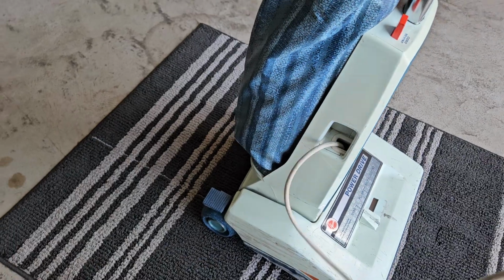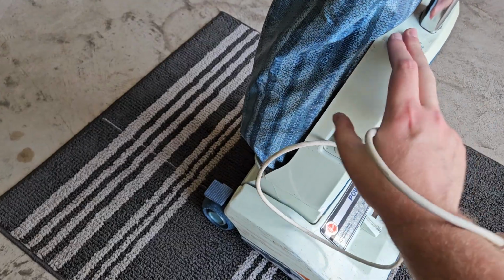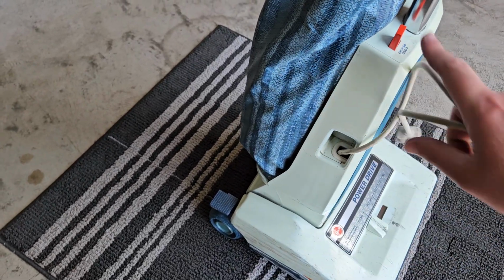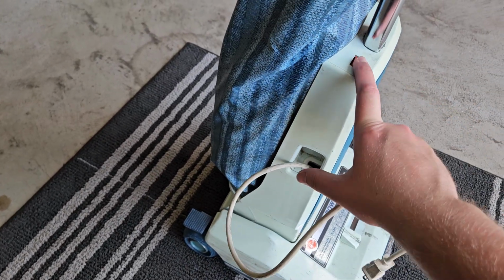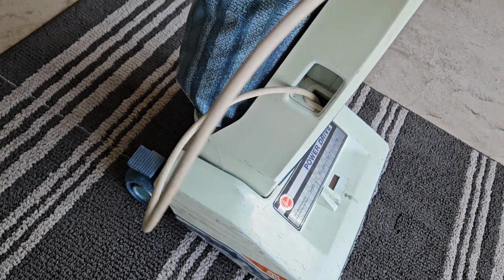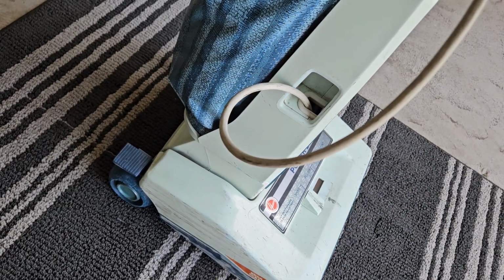As I mentioned before, you just give it a little bit of help. It's really not that big of a deal. Still, I would much prefer this over taking the incredibly short cord down on the non-cord rewind models. So, well, not perfect, but